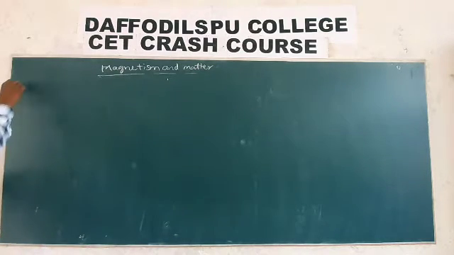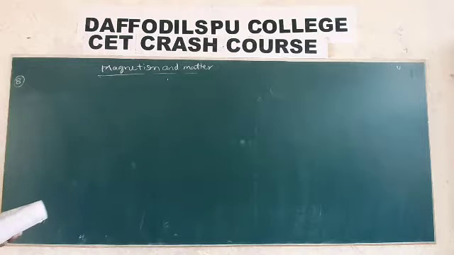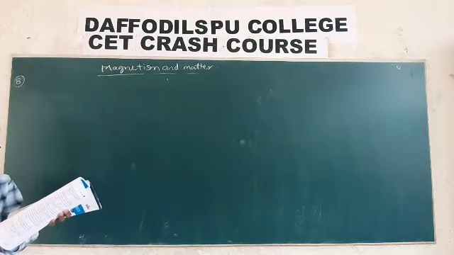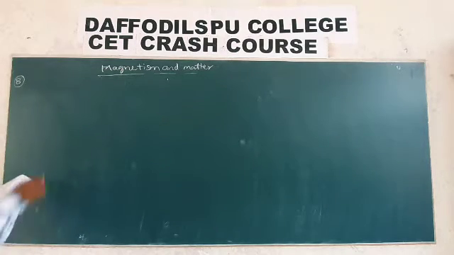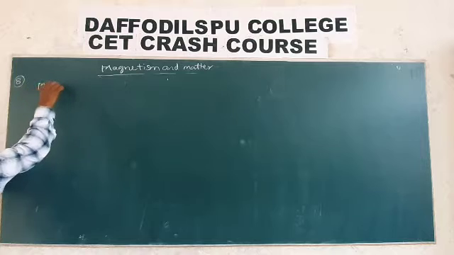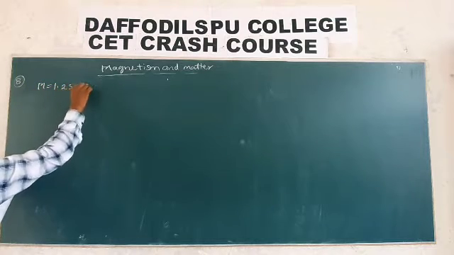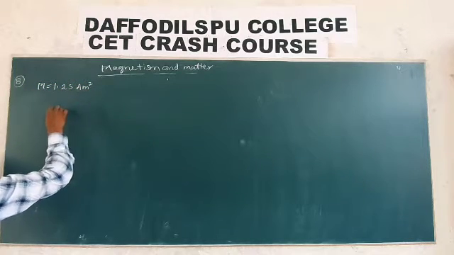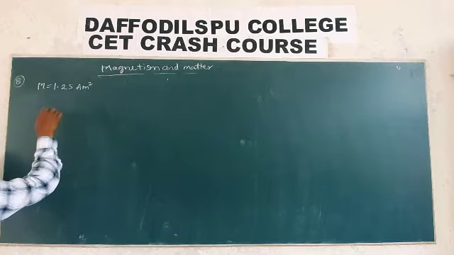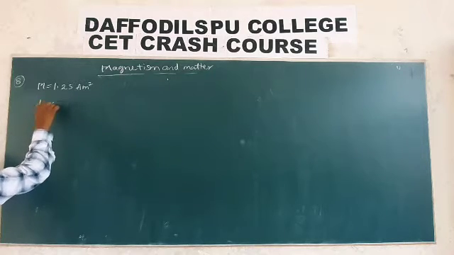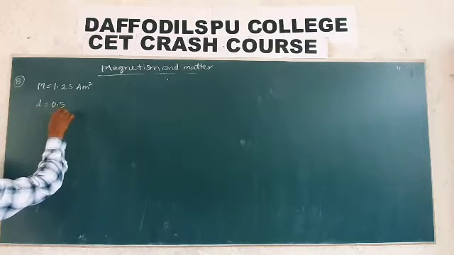Then into 8, 8 into 2.5 is 20. So 2 into 10 power minus 6 Tesla, which is 2 into 10 power minus 6 Newton per ampere meter, that is Tesla, which is the 4th option. Let us see the 9th